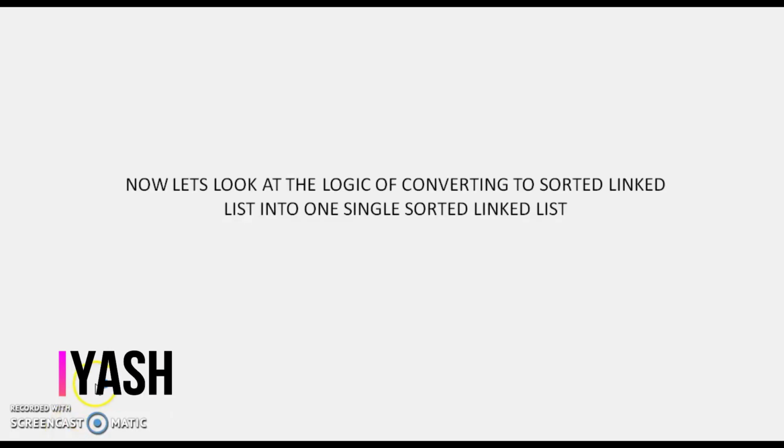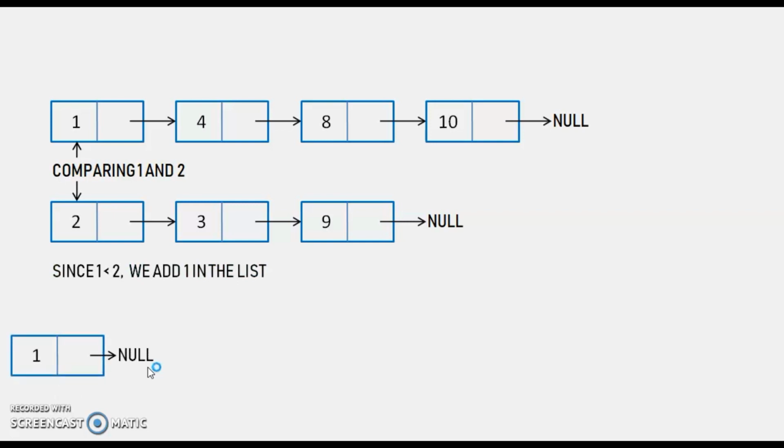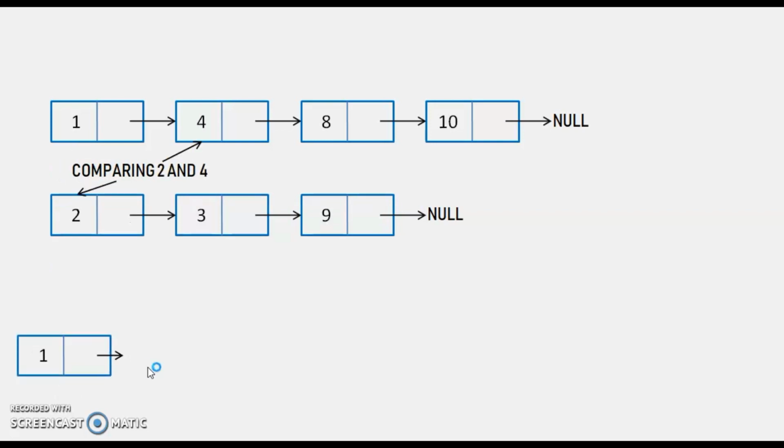Now let's have a look at the logic of how to convert two sorted linked lists into a single sorted linked list. Initially, we compare the first elements of both lists, that is 1 and 2. It is obvious that 1 is less than 2, hence we add a node in the third list with data field as 1. As 1 is added from the first list, we move on to the next element 4 and compare it